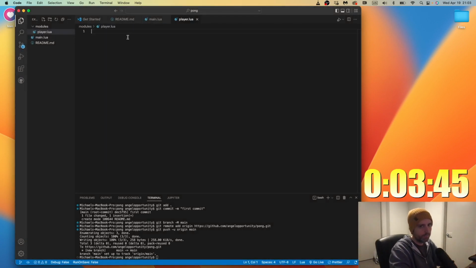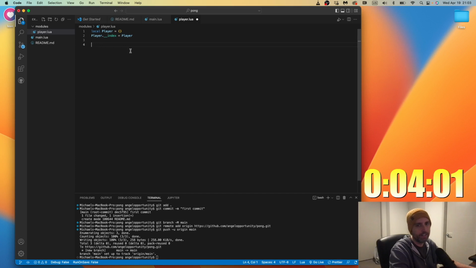And so this is the general structure I use for setting up a class in Lua, because it doesn't really have a class structure like JavaScript does. But what this is effectively doing is creating code where I can create a new instance of a player, because this is going to be local to player. So I can have player 1 equals new player, player 2 equals new player, and they'll come built in with certain attributes, and I can define what that is. So we're going to go with this.